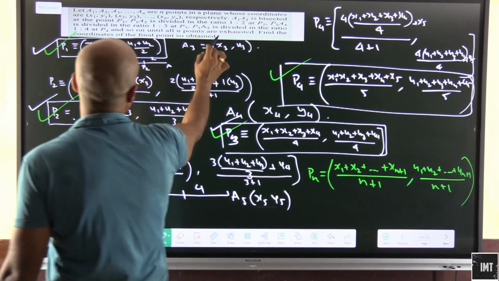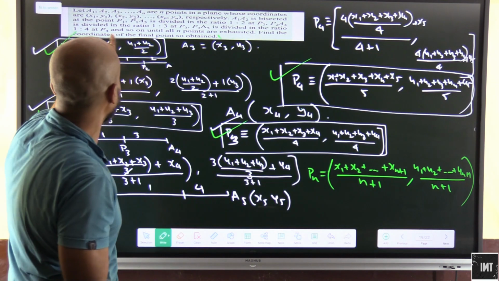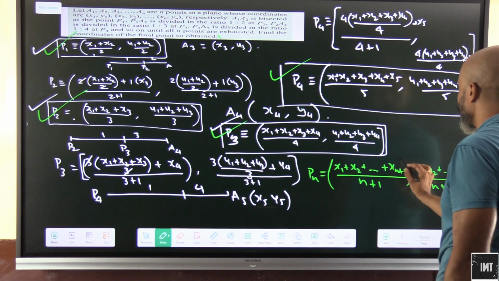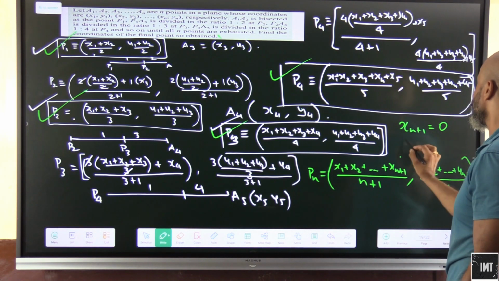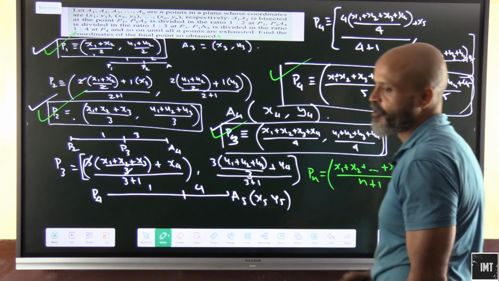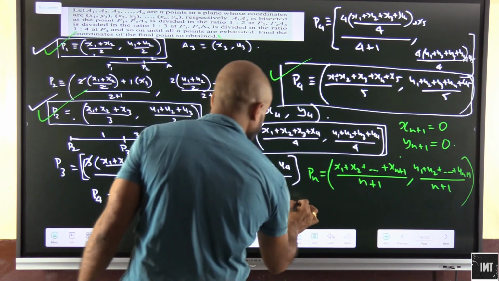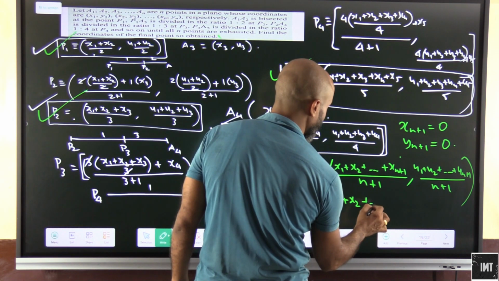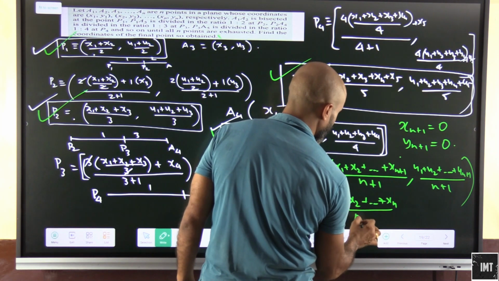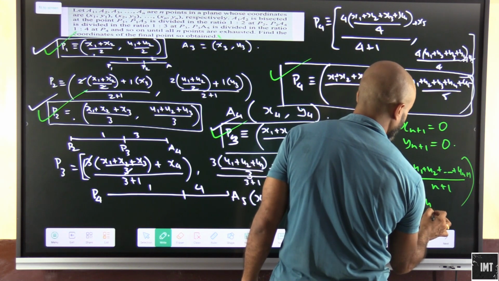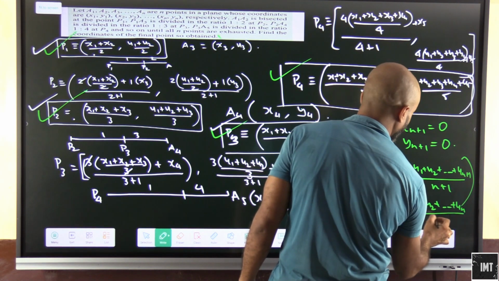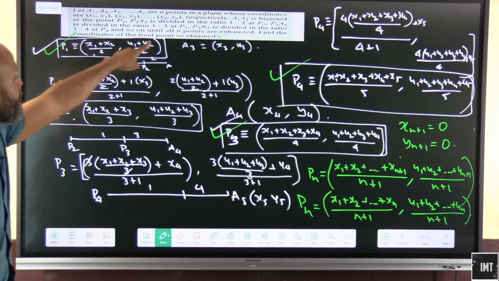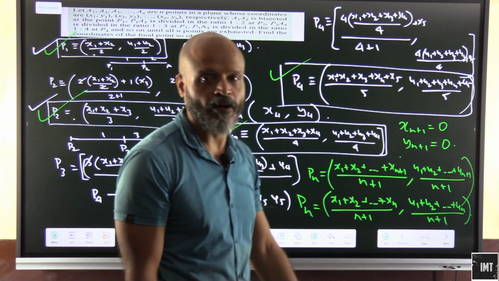So find the coordinates of the final point. Now we have to see this here, it is divided and so on until all n points are exhausted. So if n points are exhausted, xn plus 1 will be equal to 0, and similarly yn plus 1 will also be equal to 0. xn and yn are the maximum points. So in that case, Pn will be equal to x1 plus x2 till xn upon n plus 1, and y1 plus y2 till yn upon n plus 1. This is going to be the coordinates. Find the final point so obtained. This will be the final point. Okay.